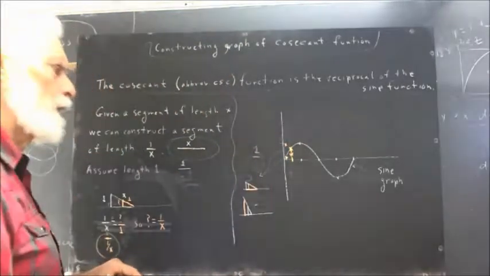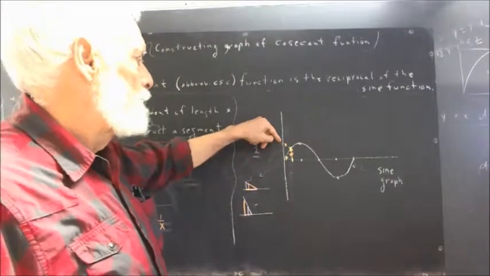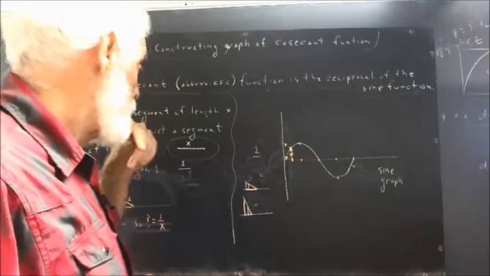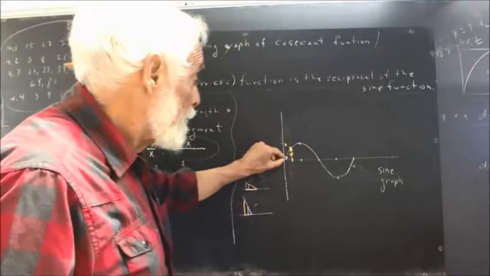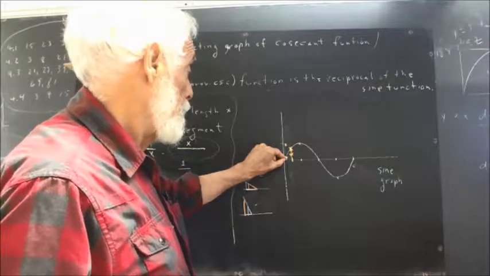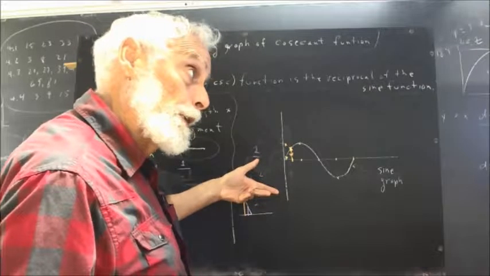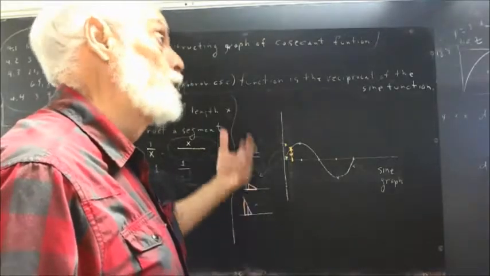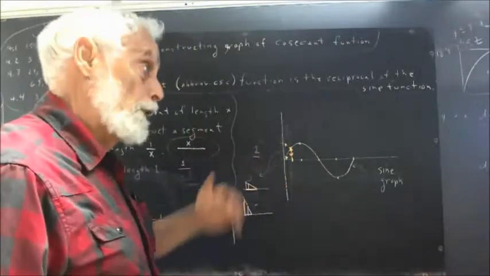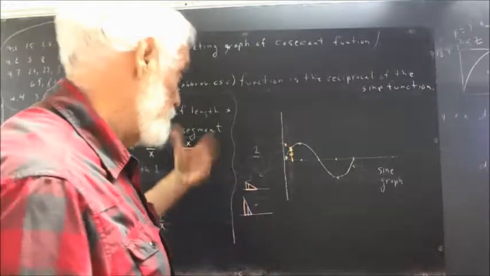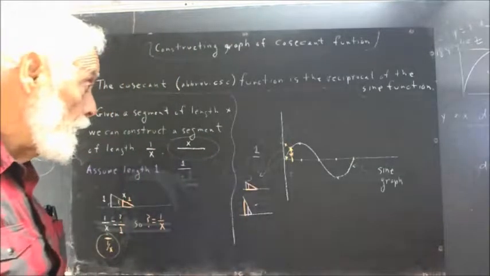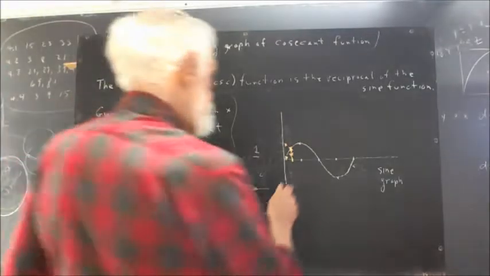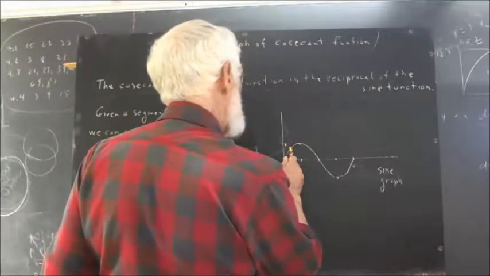Okay, so this point is higher than this point. Now why is that? Well, this represents a length shorter than 1, so the reciprocal of that length is going to have to be bigger than 1. If you take the reciprocal of a small number, you get a big number. If a number is smaller than 1, the reciprocal is going to be bigger than 1. Now, we could do the same thing, just to emphasize, for an even smaller,